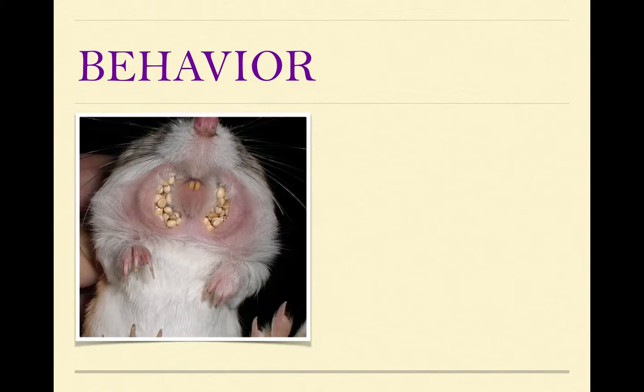Some of its behavior. Here's an interesting picture. When I first saw it, I was like, whoa, what's going on here? Are those his teeth? This is strange looking. But those are those fur-lined cheek pouches. We can see up at the top is his nose. We go down a little bit, we can see those 2 incisors and his mouth and his little chin, and on either side of his mouth and chin are those fur-lined cheek pouches, and inside them are seeds. This is a giant kangaroo rat, but the giant kangaroo rat and the Morro Bay kangaroo rat share the same